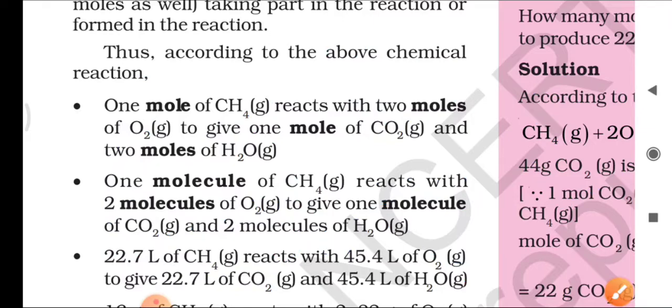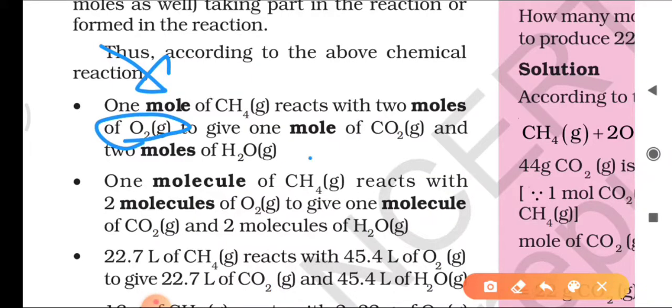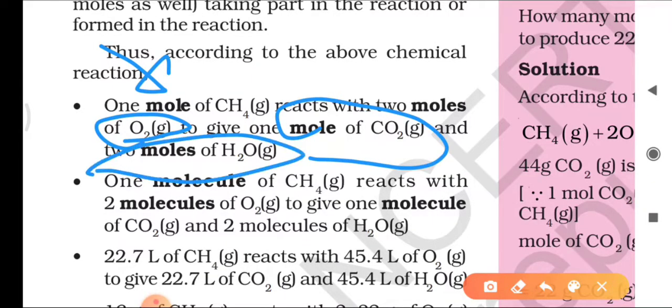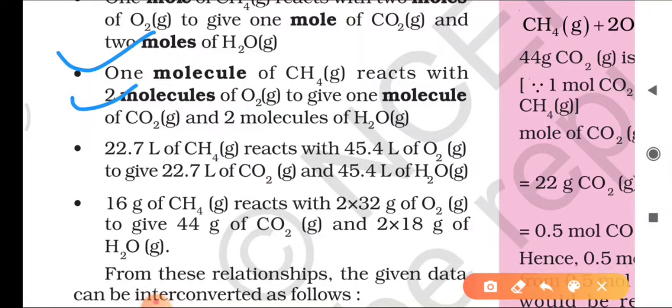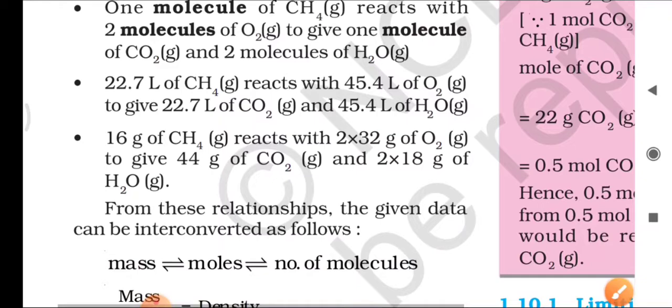So here the lines are written, that is 1 mole of CH4 reacts with 2 moles of O2 and produces 1 mole of CO2 and 2 moles of H2O, right? In terms of molecules, 1 molecule of methane will react with 2 molecules of O2 to give 1 molecule of CO2 and 2 molecules of H2O, right? If we talk about, if we have taken